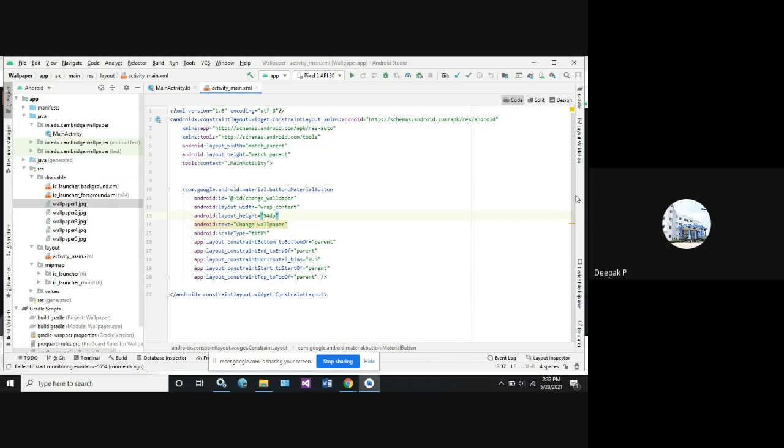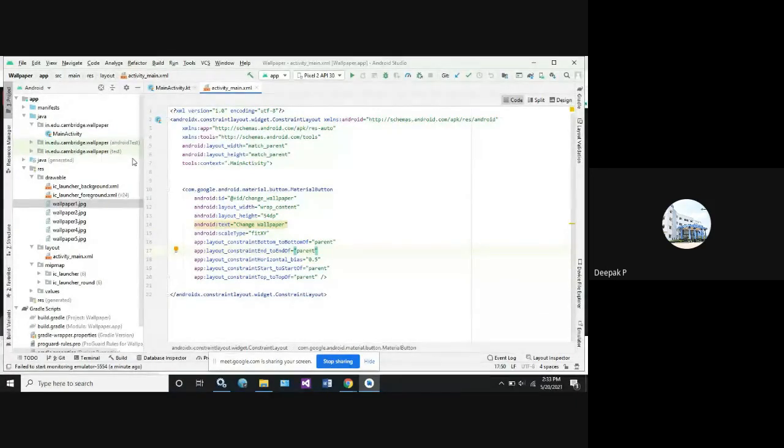So in the layout file, we need to create one button, that is called change wallpaper. In the activity_main.xml, we have created a button called change wallpaper, and we have made it fit to the x and y length, so it is made with centered orientation. This we have studied.